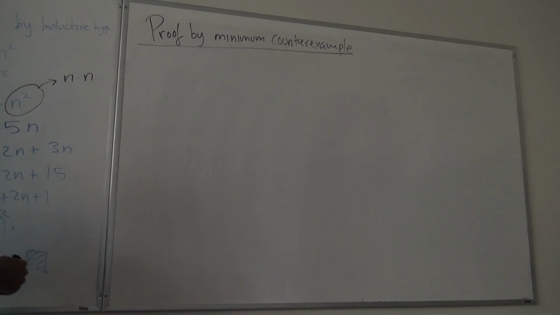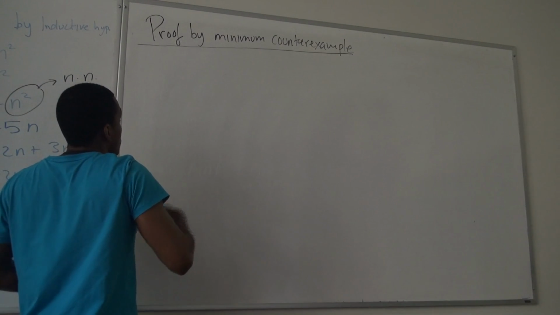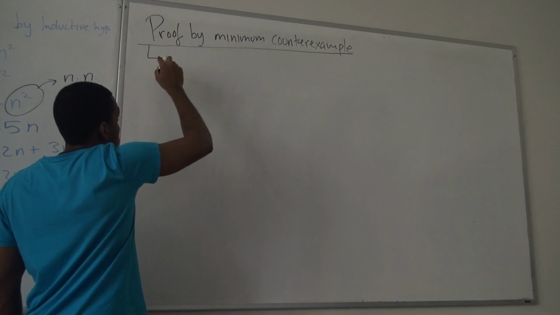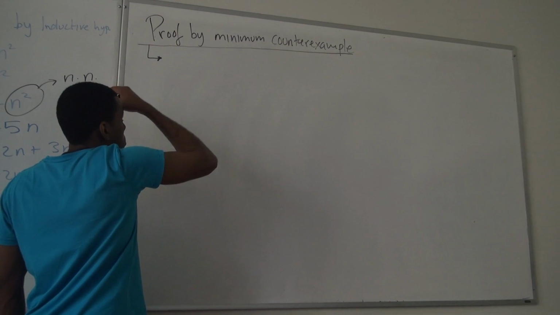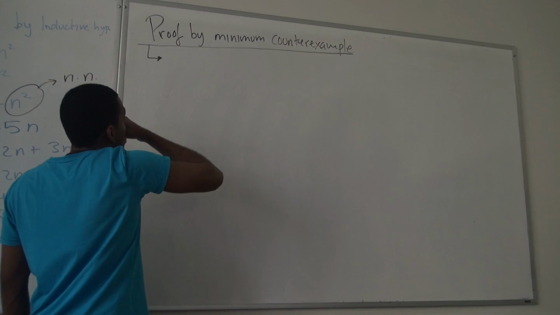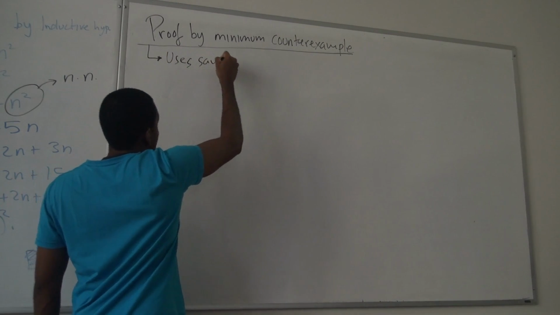Show that, choose particular ones that are true and then say that other ones are false. So we choose from those other minimum ones to be false, and prove it's a contradiction. Right, so it uses the same technique